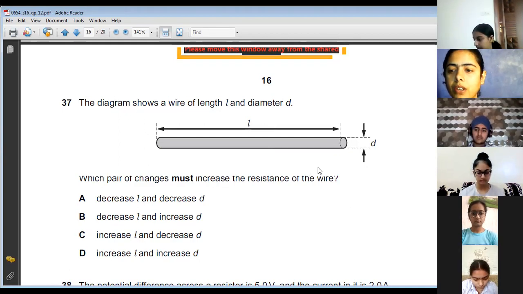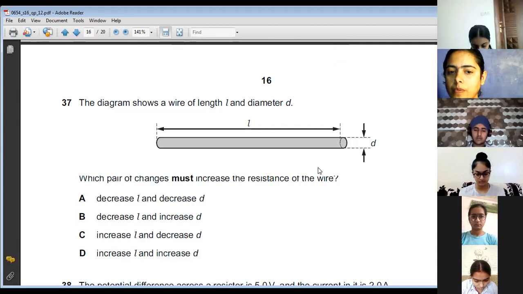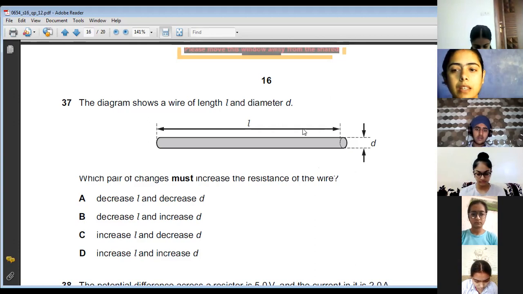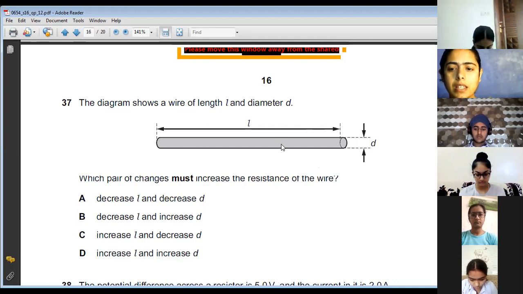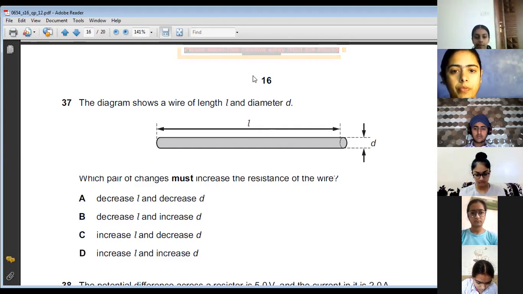Navjot, you repeat your answer. It will decrease the space between them. No, repeat the complete answer. What will decrease the space? And the diameter. Yes, that is very good. The diameter will decrease, so there will be less space, so there exists more resistance. Very good. And if the length increases, there will be more chances to resist. Okay. Very good.